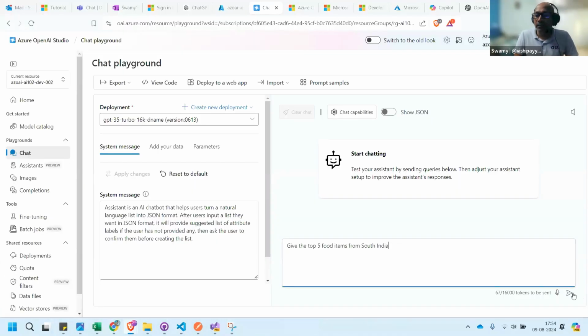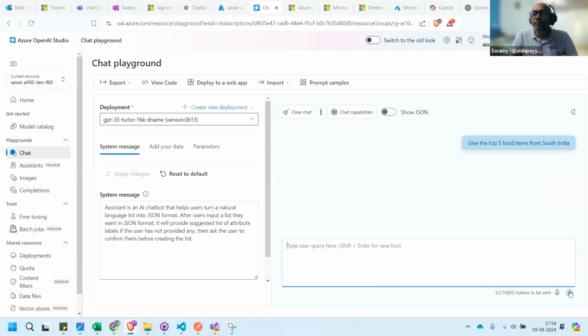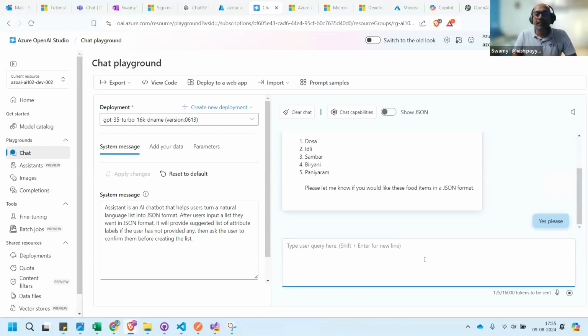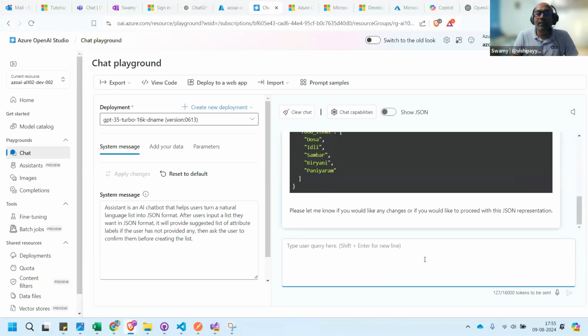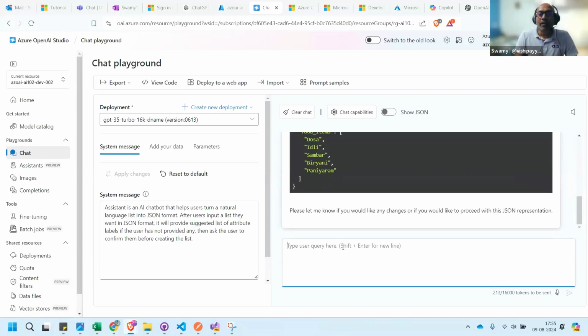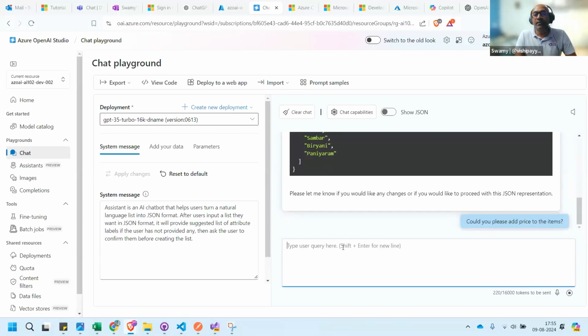I can try this one. Okay. Please let me know if you would like these items to be in JSON format. I said, yes, please. There you go. Okay. Could you please add price to the items?